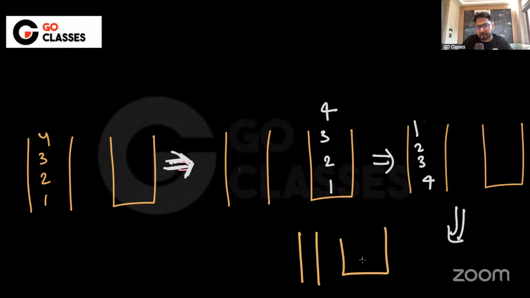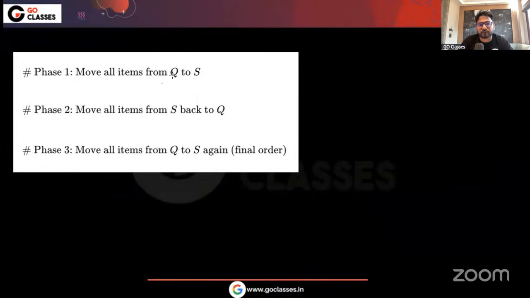And then the stack will have, first of all, 4, and then in the same order, 4, 3, 2, 1. So basically, if you want to transfer all the elements of the queue to the stack such that one, which is at the front, is on the top, and all the elements follow the relative order, you have to first transfer all the elements of the queue to the stack, and then from stack to the queue again, and then from queue to the stack again. So basically, move all the items queue to stack, stack to queue, and then queue to stack. That's very easy, just a simple observation. Okay, so I hope that is fine to everyone, how to do it.